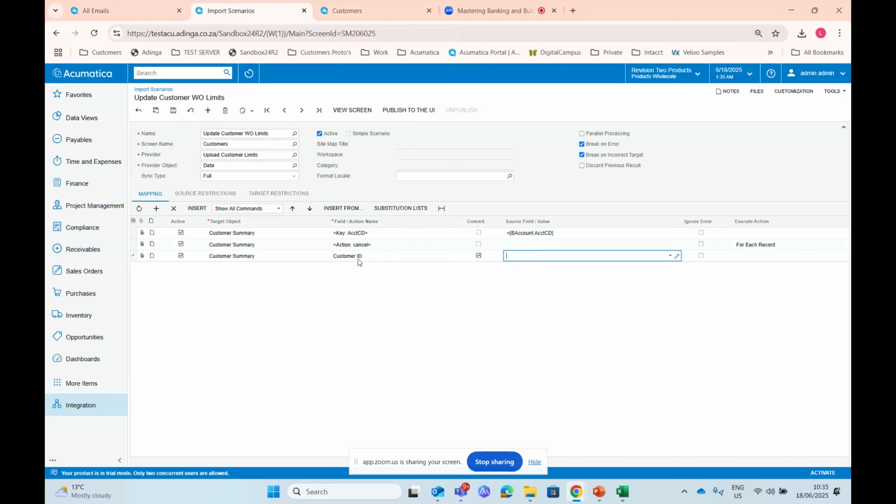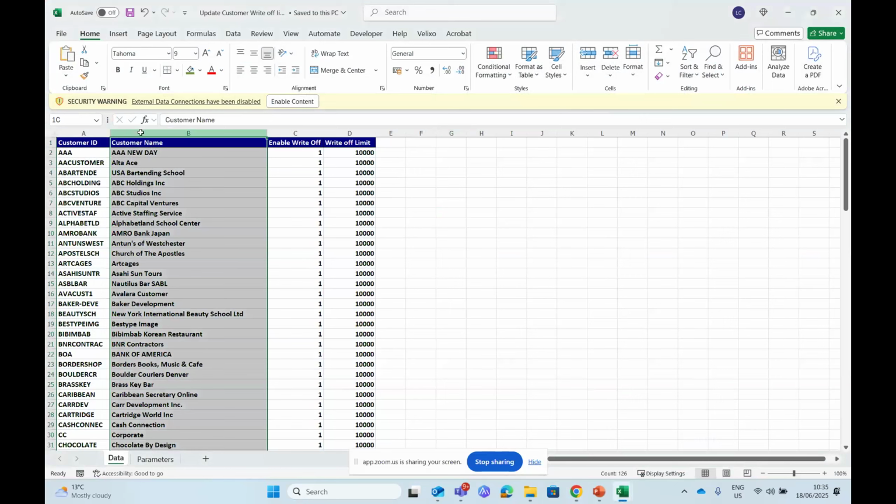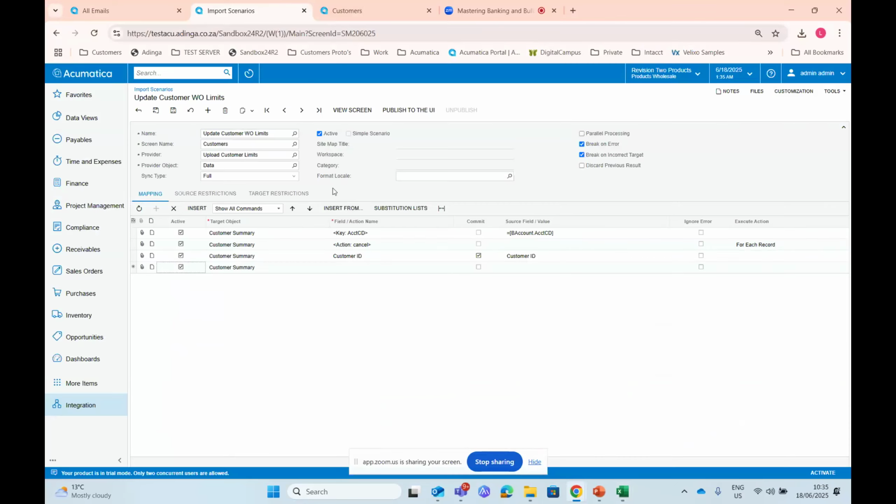So the field action is the field in Acumatica on the screen. The source is my Excel. So where did I store it? That's my Excel. So the next one I want to update is my credit, my write-offs. Even though I've got all these fields on here, I don't have to map my customer name. I can just go straight to these two records.